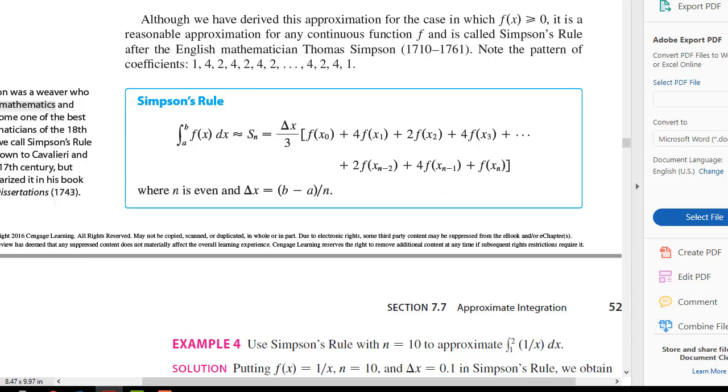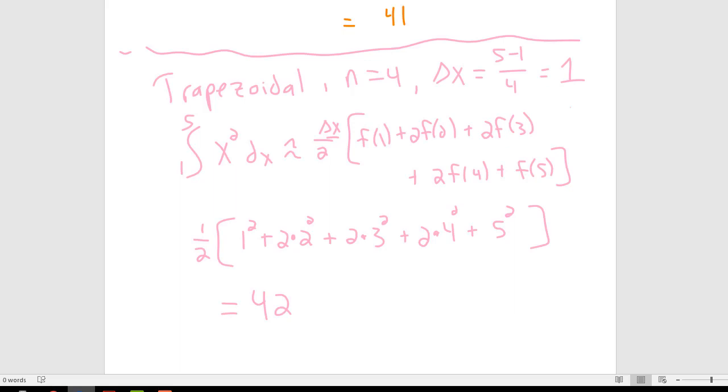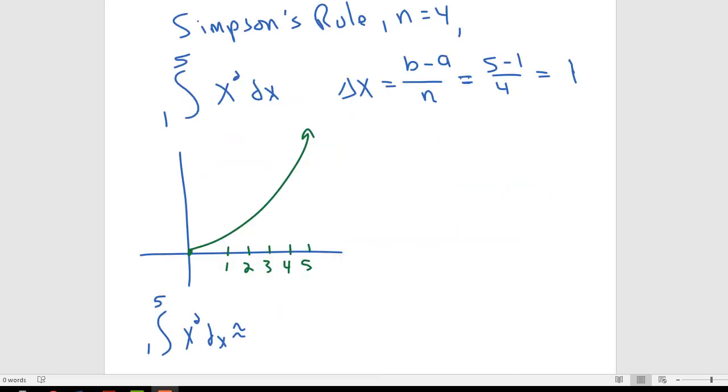So let's come back to the example that we looked at, and let's use Simpson's Rule to evaluate that integral. So I'm going to pause real quick because I want to redraw the graph. I don't want you to have to watch that for me. I'll be right back. All right, so if I'm using Simpson's Rule, I'm going to integrate x squared. I'm going to approximate x squared using the formula that we showed in the textbook. So here's all of the subdivision values with a delta x of 1, just like we've been drawing in all the other problems. So it says I'm going to take delta x over 3, that's my formula, and then